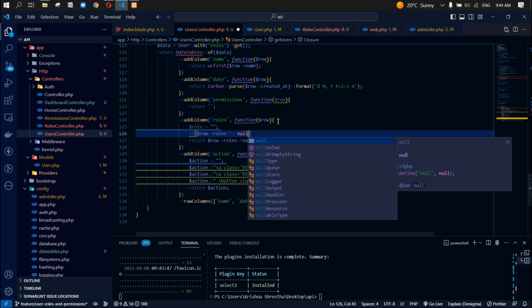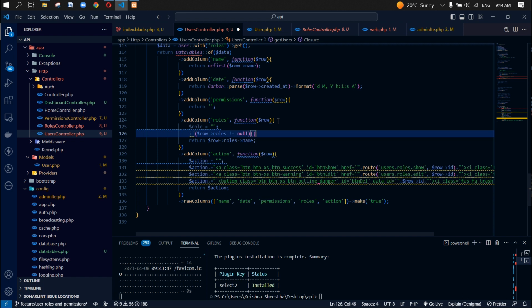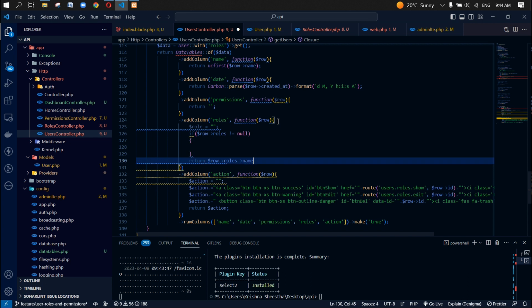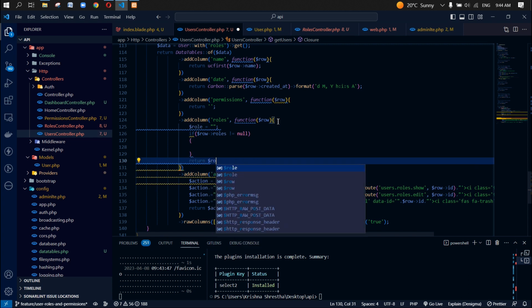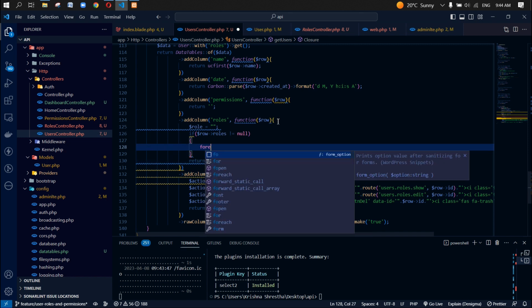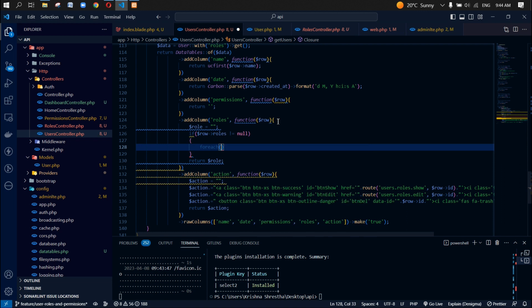If it is not null, then we're gonna perform, let's return role over here, and from here we are going to make it for each. So row roles as a next, and inside let's make it role,